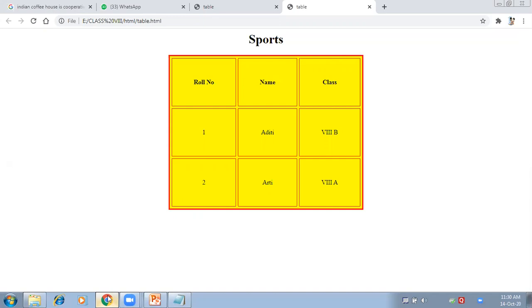So this is how you can format your table. This is a simple table. Here we have used all the attributes of the table tag, and we have inserted simply the content only. In the next class we will see how to add images inside the table and how to add links in a table. Links we have already done in the last class, but how to insert them in a table, and how to insert images in the table, that we will see in the next class.